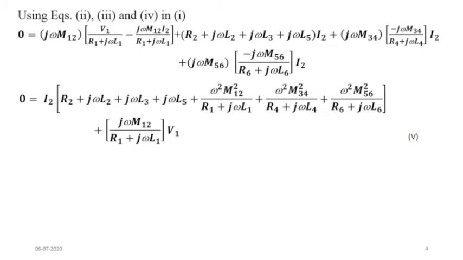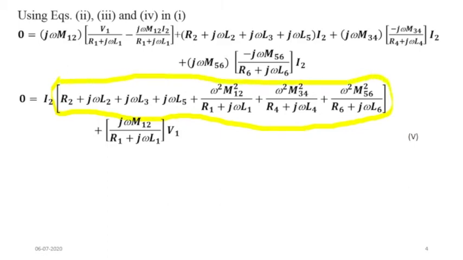Now whatever equations we wrote for all these individual meshes, we are going to collect, and we are representing all the terms of I3, I1 and I4 in terms of I2, and then collecting the like terms. So finally we come to this equation where it has two parts. First term is associated with I2 and the other term is this one.